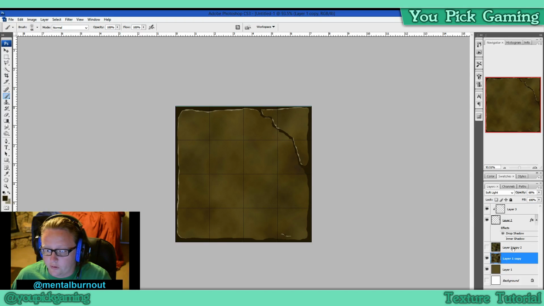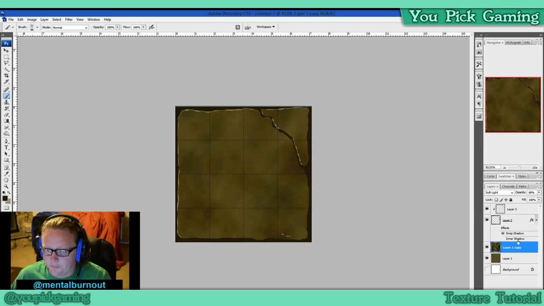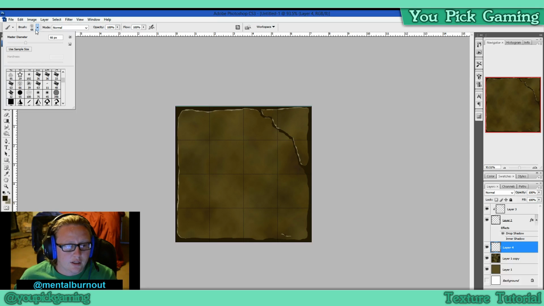So let's go through and look. We can do a couple more things here just to add a little bit more to this. Let's delete this layer here. Let's see, we've got our clouds on. That adds a little bit of color to it, adds a little bit more. Let's add another layer. Let's take our dark color here and let's go with a smaller brush, maybe a